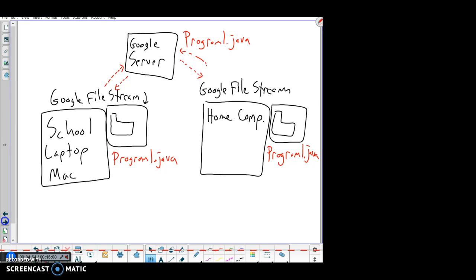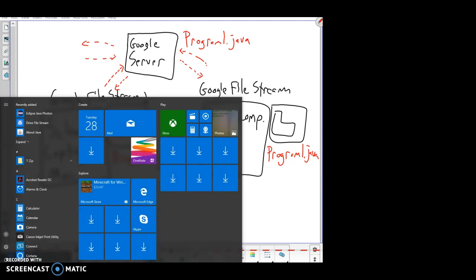And you can actually add in more computers and devices if you want, but my guess is you'll be working on a school laptop, and if you don't finish something there, then you'll be working on the home computer. To show you just briefly what this looks like, first is to find it. I had to download it off of Google. I just searched Google File Stream and you download it and open it and install it like pretty much